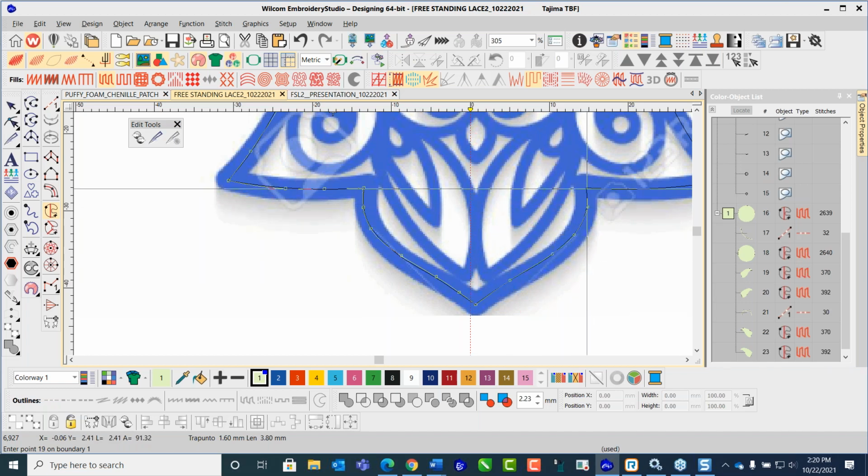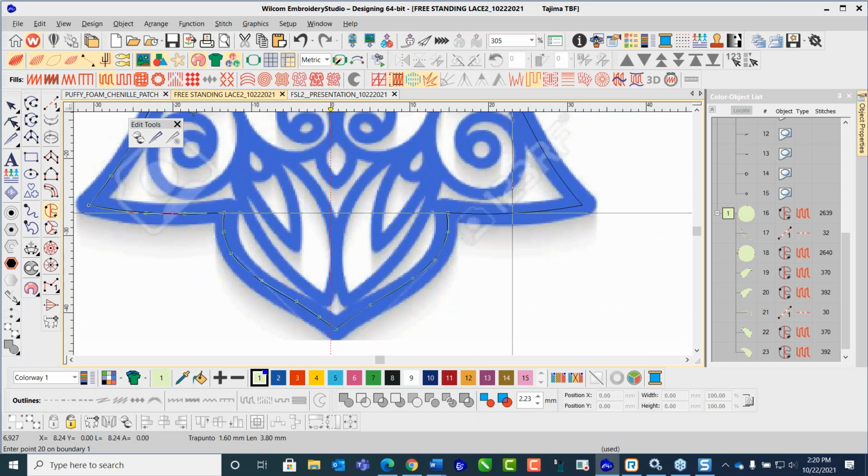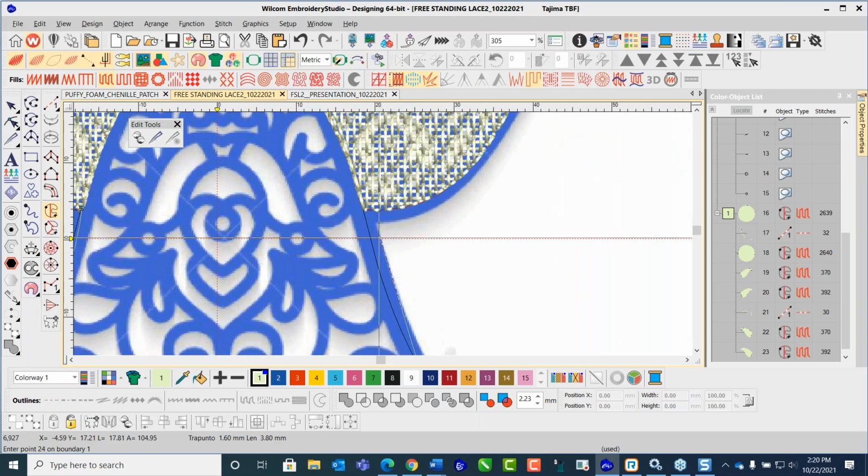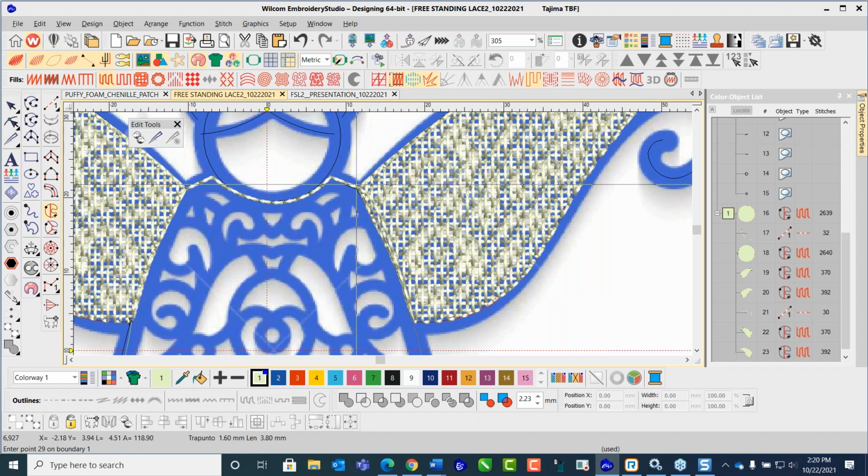Just like this. Following my shape perfectly, because everything is right there for me. All I've got to do is just follow my path. Just like this. As I press enter